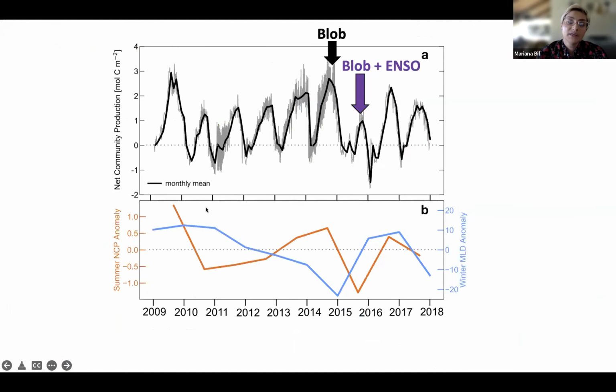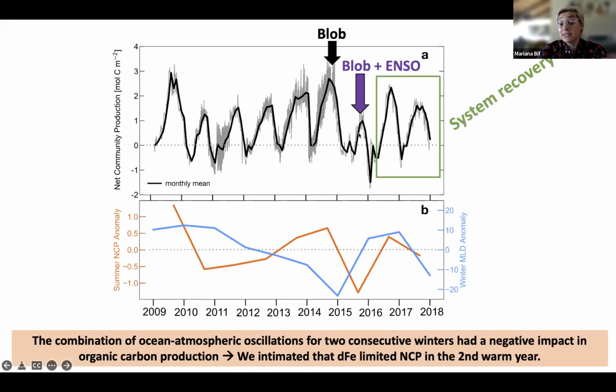So in that first year, then we had very high net community production, very elongated. So NCP happened all throughout the year. During the second warm year, then we had a crash of organic carbon. And then the system recovered, and we attributed this difference in NCP, even though the 2 years were warm, in